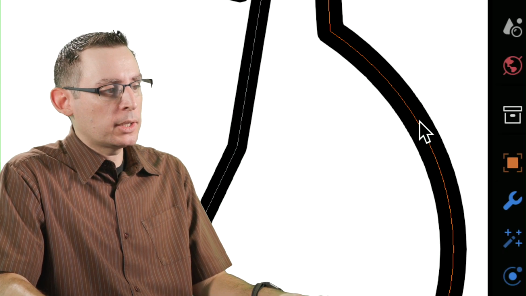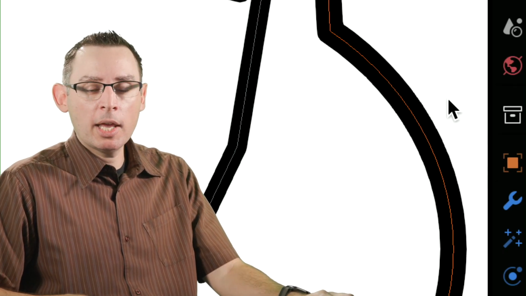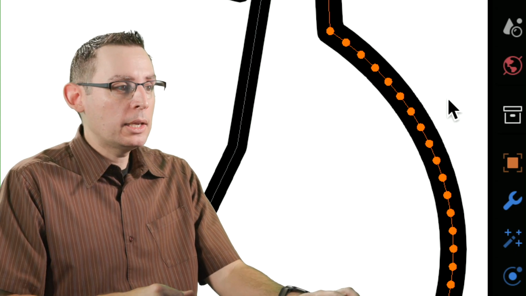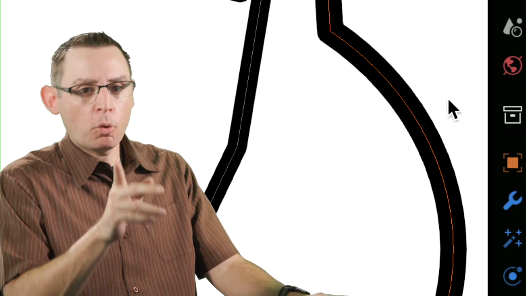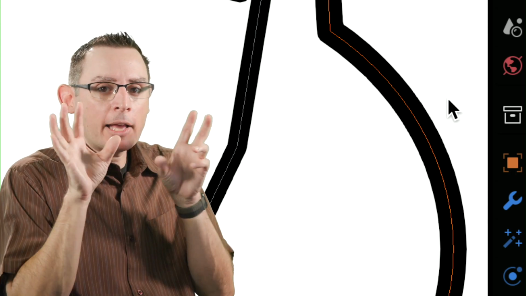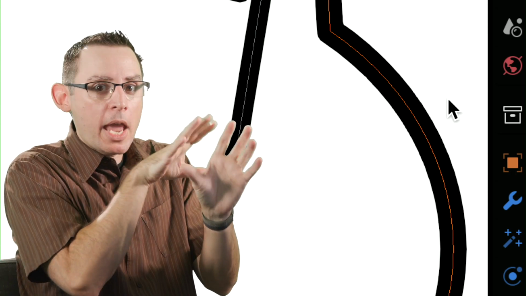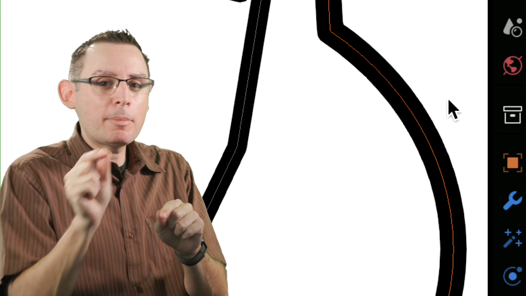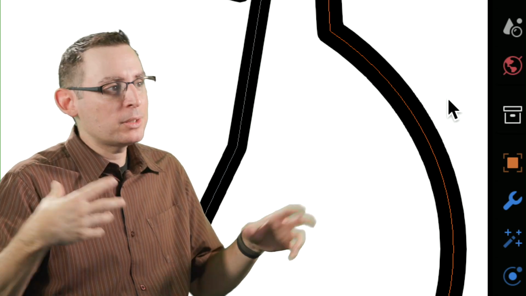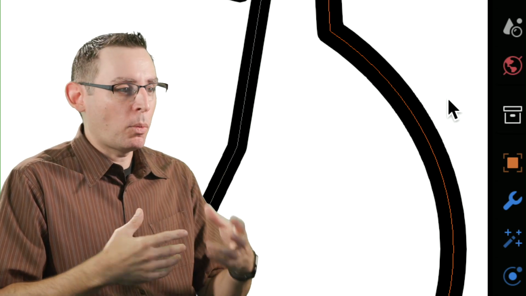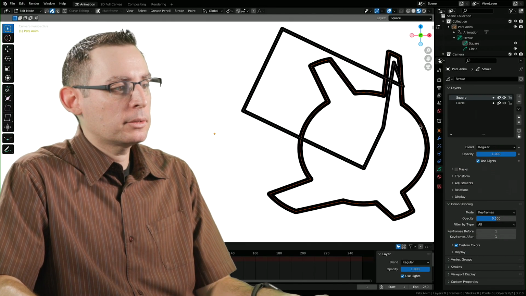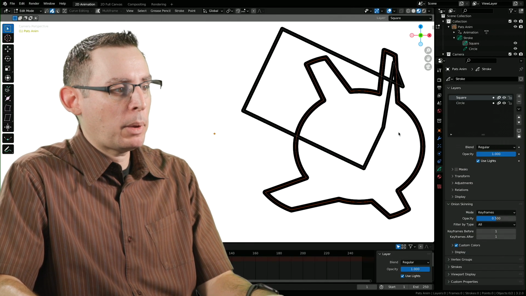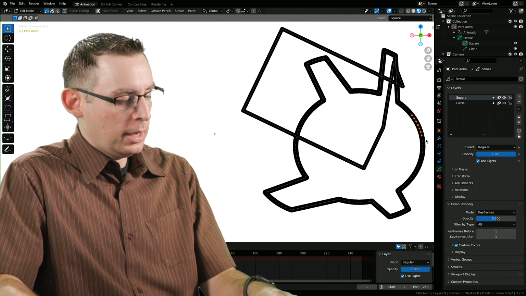Okay, I'll zoom in so you guys can see. There's the path selection engine. Now, if I hit the 1 key, I can go into points. You're going to see me doing this all the time, just going back and forth real quickly, because it allows me to keep my interest on the area that I'm working. Every time I take my mouse and I have to go to a different part of the interface, it just kind of slows down my workflow. So 1 to go into points, 2 to go into paths. I can edit just the selected path, or I can go in and edit